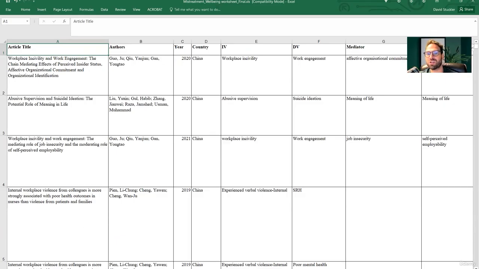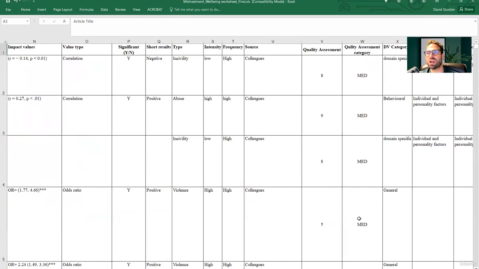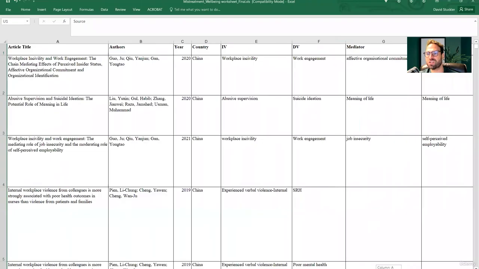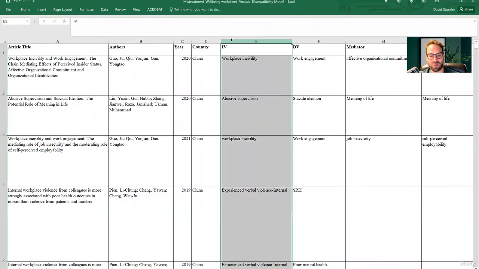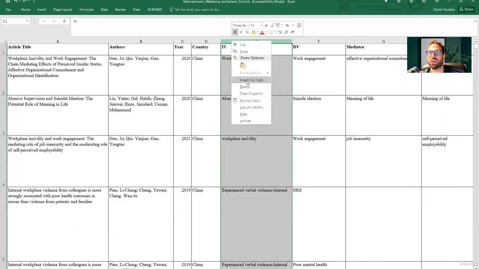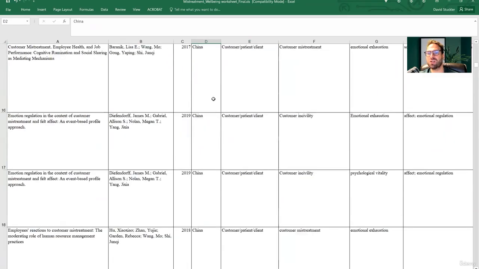So no, what Cynthia did is very detailed and good. And you can see this. I really like this sheet. I think the only thing I would say in just organizing it is I would pull the source. This is quite an important column for your study, because it's how you're subcategorizing, how you're formatting your results actually. So I want to insert cut cells here. I would put it here because this is how you're describing things.